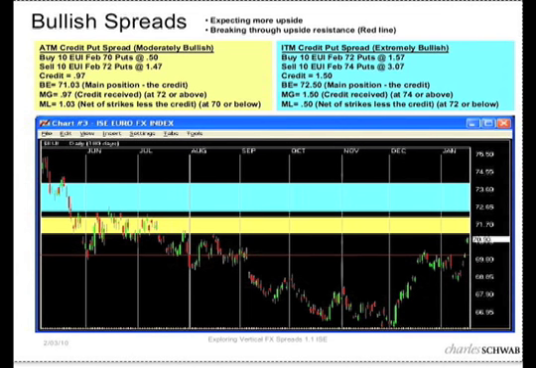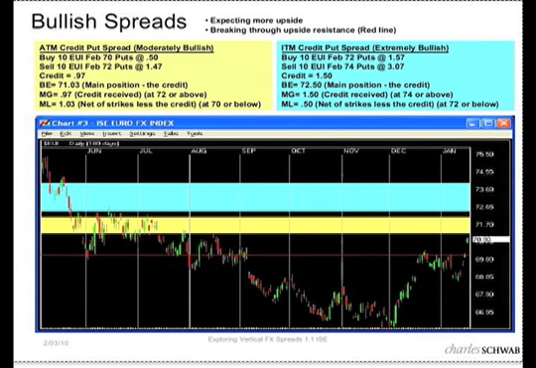Secondly, you've got to pick the magnitude, which is how bullish am I? Am I slightly bullish or neutral? Am I moderately bullish or am I extremely bullish? Well, in this example, I chose two. I chose a moderately bullish one, which is an at the money spread, meaning that, as in the previous example, one leg is in the money and one leg is out of the money. And I chose a very aggressive trade, which is an extremely bullish trade, where both legs of the spread are